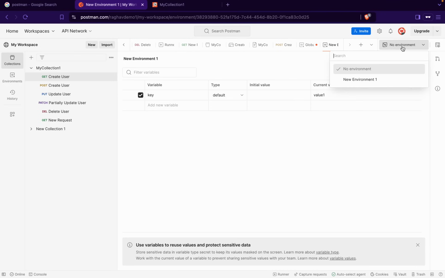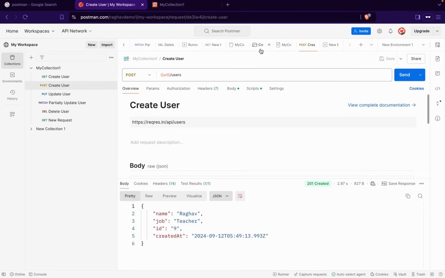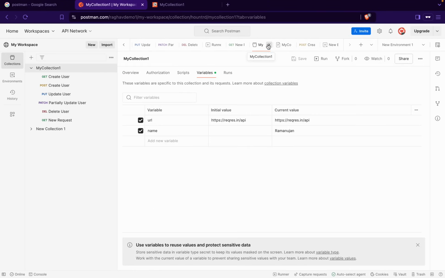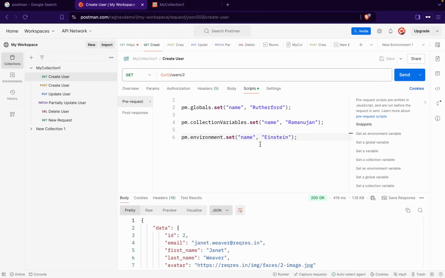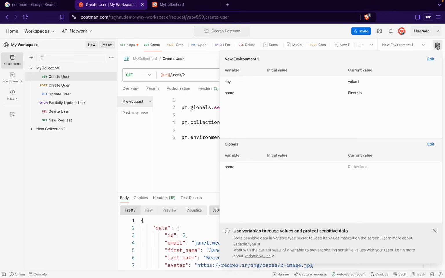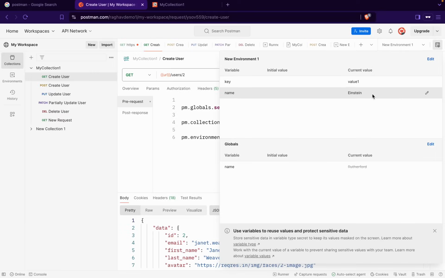And now I can select the environment from this drop down. And now if I go back to my API request, and if I now save and run,